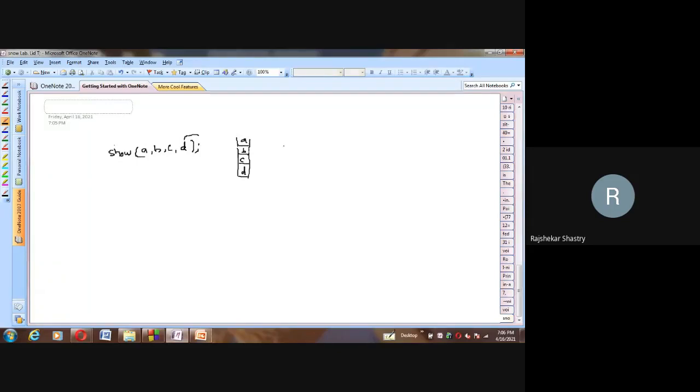In Pascal-like languages, it will push from left to right. That means there also a stack is generated, but A will be pushed at the bottom, then B, then C, then on top you'll have D. But in C-like languages, the pushing technique of parameters will be from right to left. So first D will be pushed, then C will be pushed. When you are calling, I repeat, when you are calling by passing the parameters, these parameters have to be stored. They will be stored in a temporary stack from right to left.